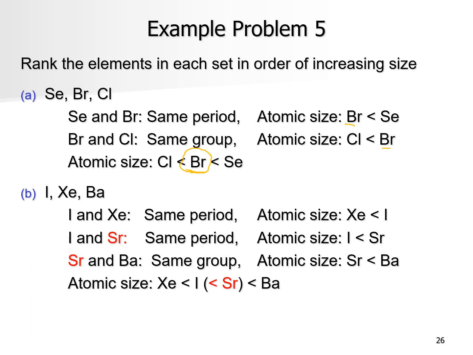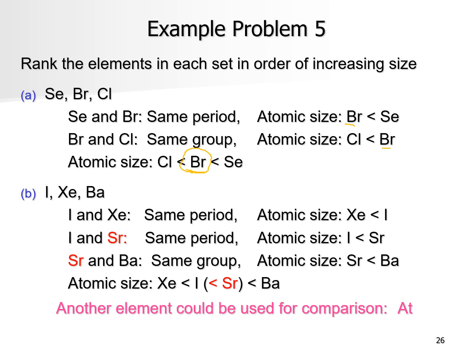Strontium is not the only one that we can use to link the elements in the fifth period with the barium that is in the sixth period. There's another element that we can use to do the same job. I just hope you guys do realize it already. It is astatine, At. Because astatine shares the same group with iodine, and it shares the same period with barium. This way, we can come up with the same